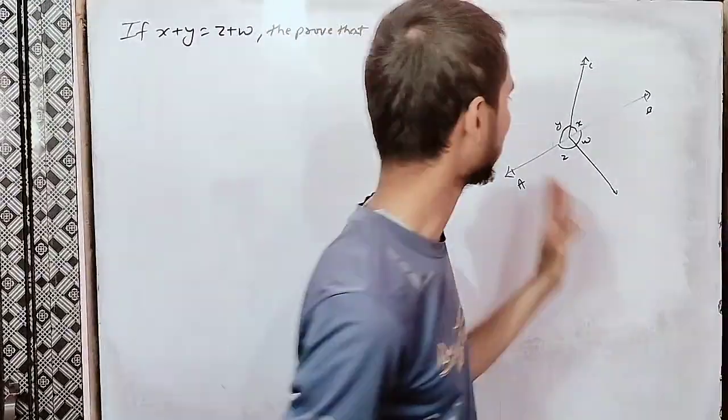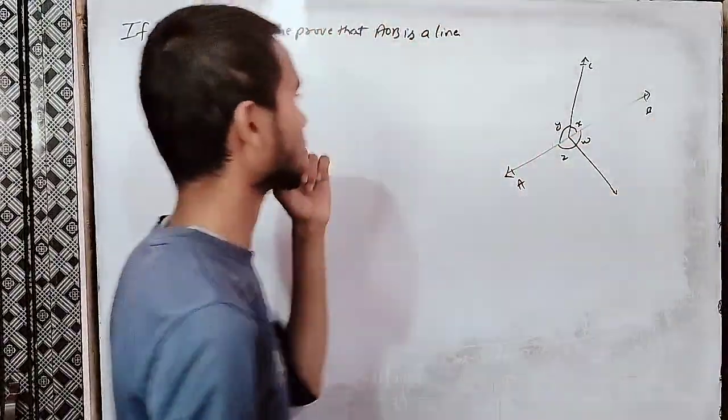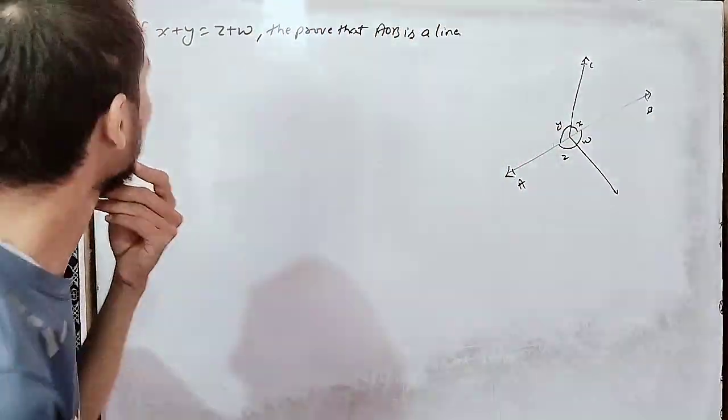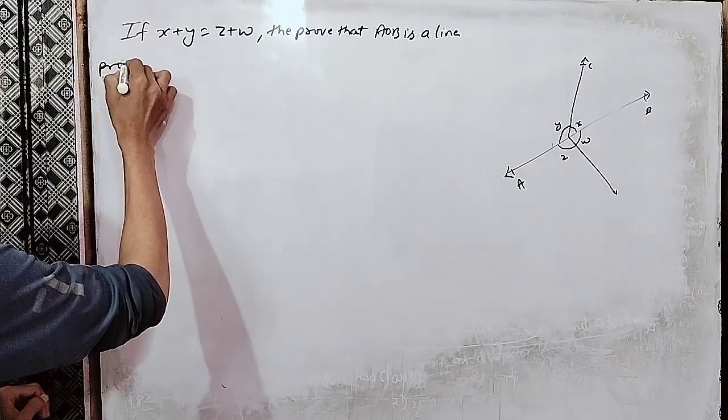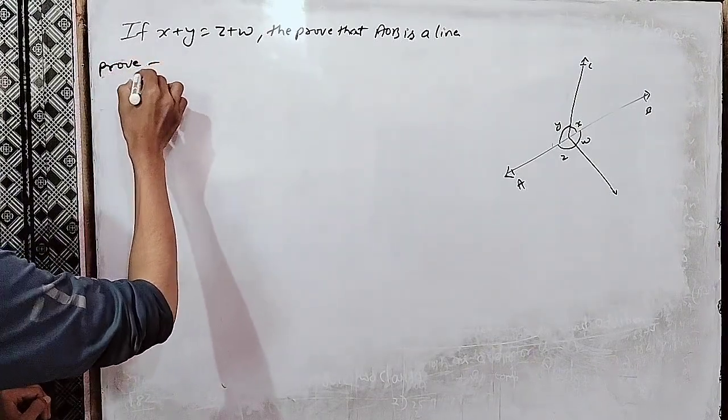We already know that AOB is a line, but we have to prove it. So can we say that